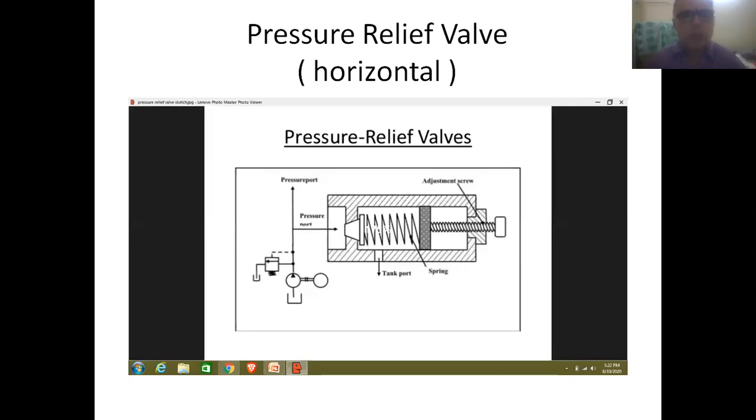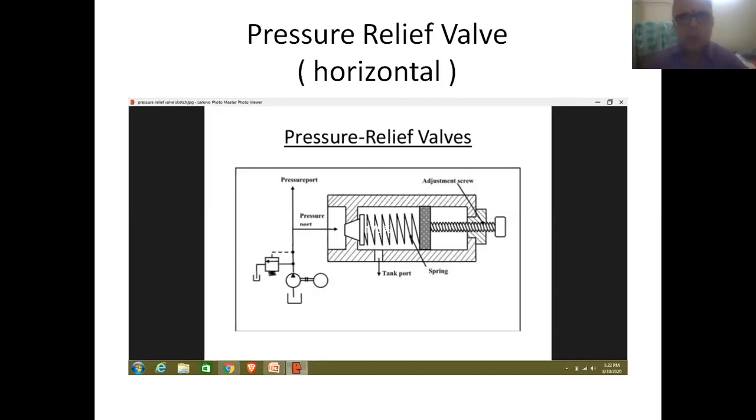So friends, here we can see the general arrangement of a pressure relief valve. In this case, it is arranged in a horizontal position. Therefore, it can be referred to as a horizontal pressure relief valve.